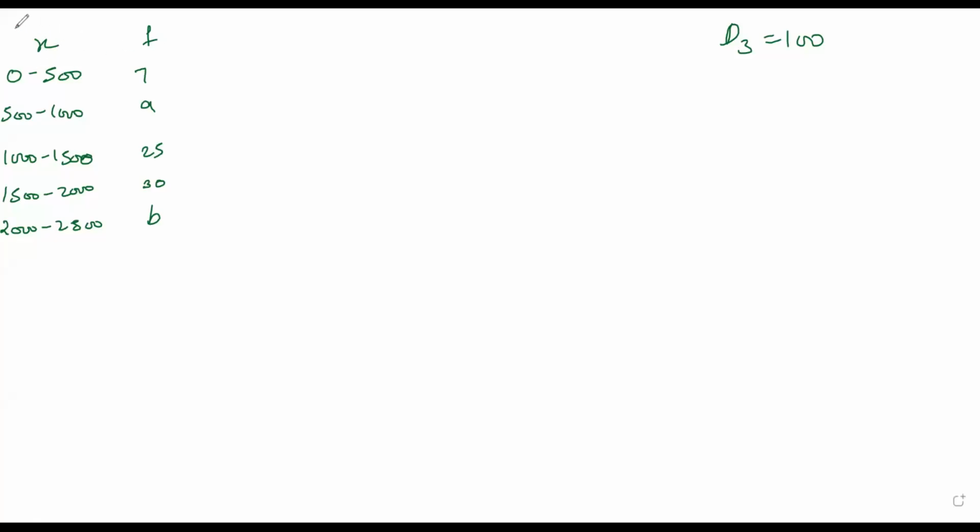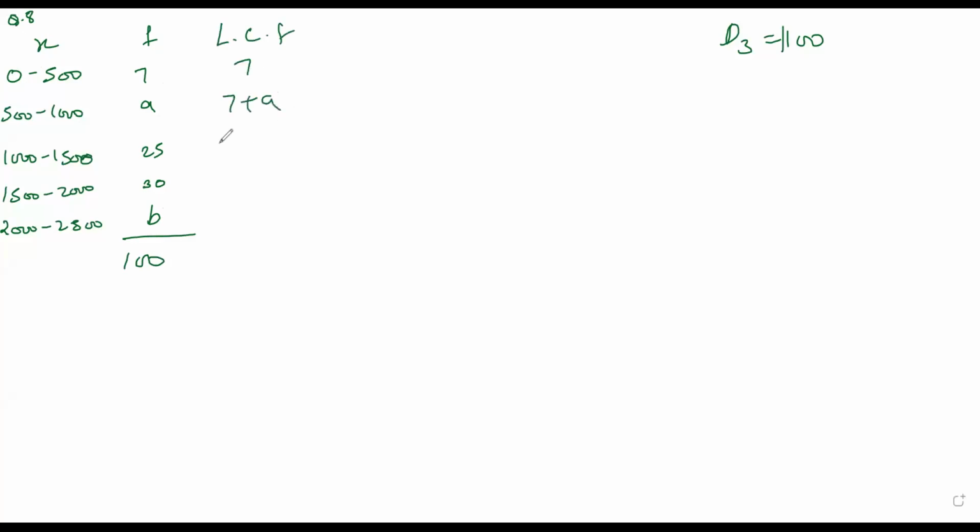Exercise 1.2 question number 8 is also about missing frequencies. They have given the data about 100 students. So this is 100. Decile 3 is 1100. And we have to find the missing frequency. So I'll first find out less than cumulative frequency.